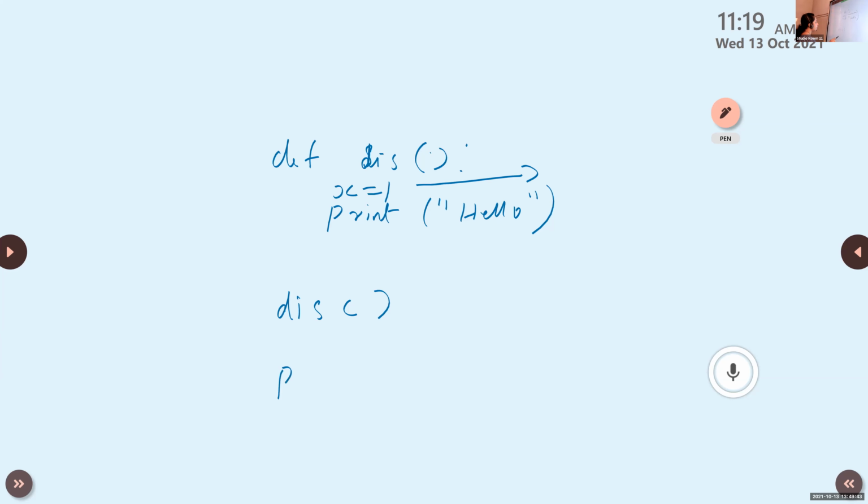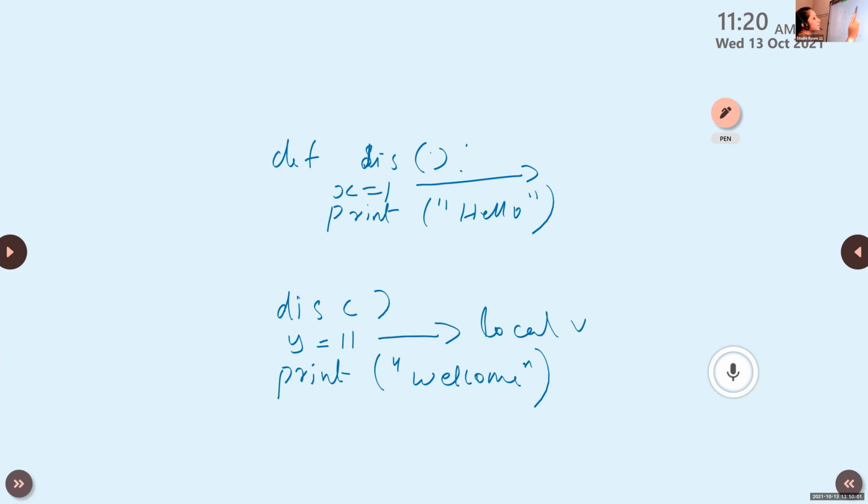Okay, and here I'm using y is equal to 11. This is also a local variable. Why? We declare this y inside the main function.